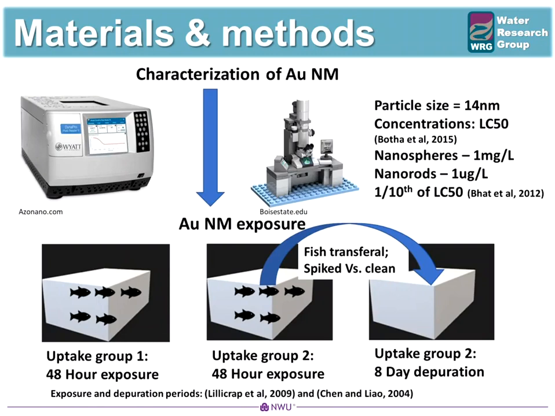In the method, we characterized the nanogold, and the size and zeta potential were determined by dynamic light scattering, and size and agglomeration patterns determined via transmission electron microscopy. The concentrations used in experimentation were based on an LC50, which was selected from a previous study completed by my colleague Dr. Water. More so, the principle of using 1/10 of the LC50 was applied as performed by other authors such as Barr. Thus, the following concentrations were used. SETAC nanogold rods at 1 microgram per liter and the citrate nanogold spheres at 1 milligram per liter.